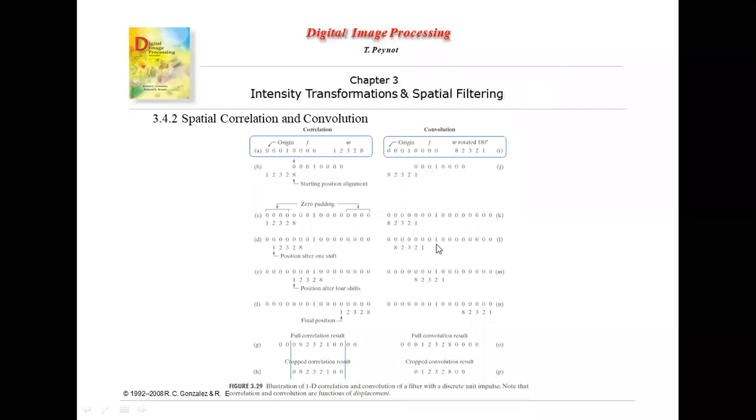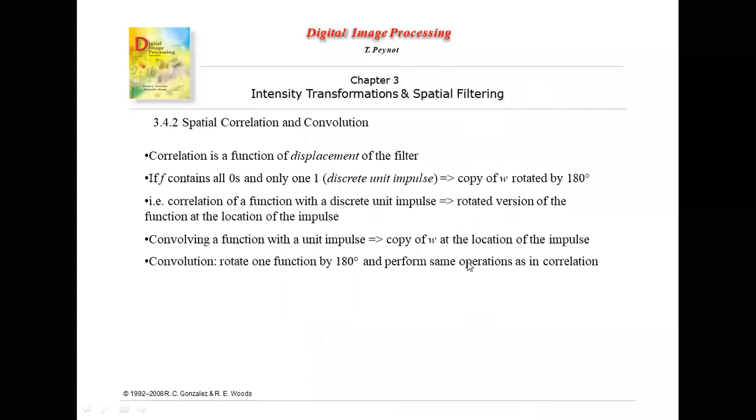So here a nice example has been given by the author. What is the difference between convolution and correlation? We will use it somehow. That is what the author has given here. So what is the similarity and what is the difference?